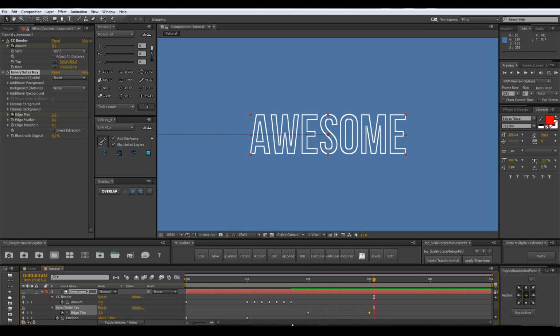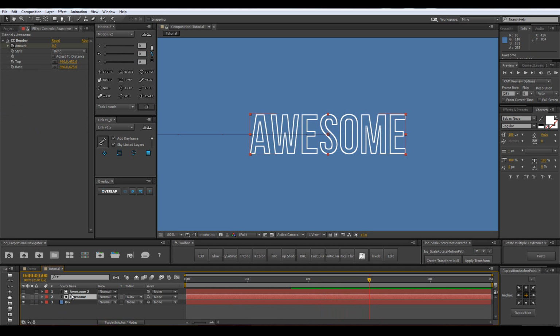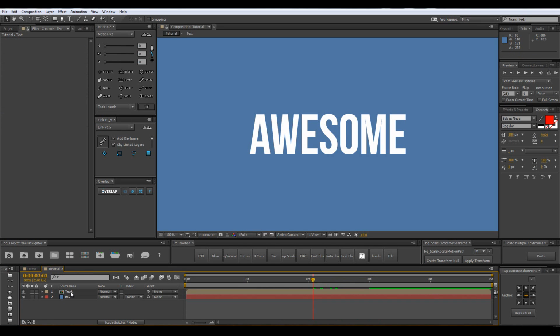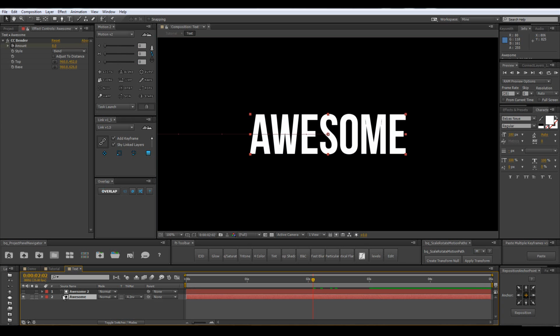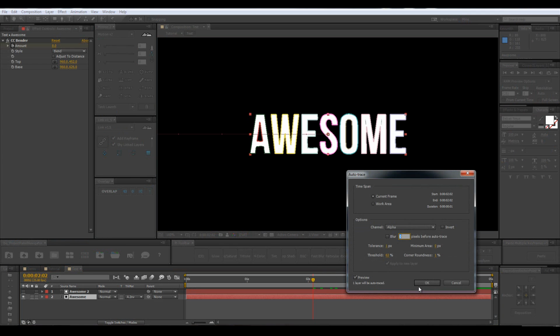I can select the second keyframe, click F9, go into the graph editor, maybe extend this handle a little bit to the left. So that's how it looks. And now what I want to do is pre-comp both of these layers, and I'm going to call them text. And now let's go into the text composition, select the first text layer, go into layer and auto trace. Click OK,